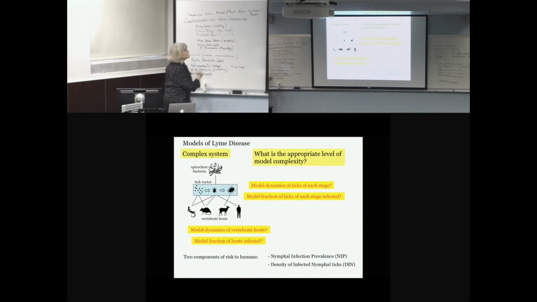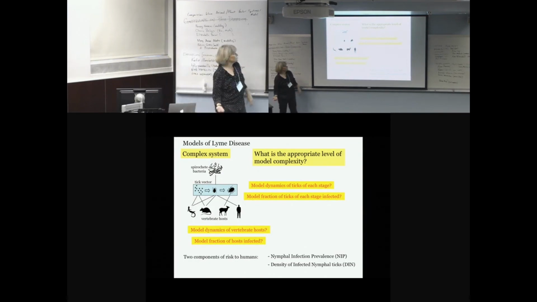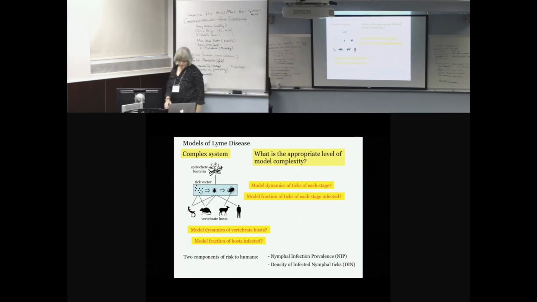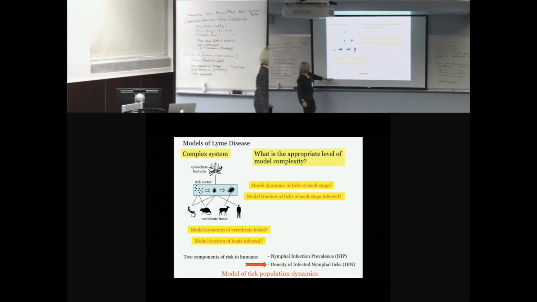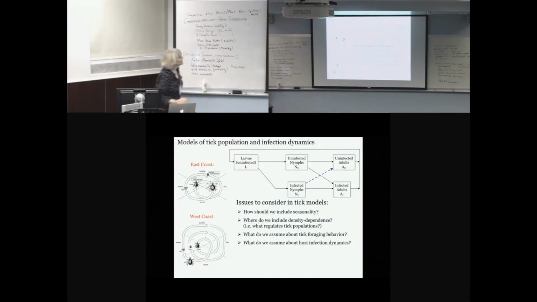But going back to this question of how we model Lyme disease in California, if we now want to no longer just concentrate on the nymphal infection prevalence, but really talk about the density of infected nymphs, which is the real important component, this now is really just a model of tick population dynamics. And going to our life cycle and writing this down as a model of the tick population dynamics,